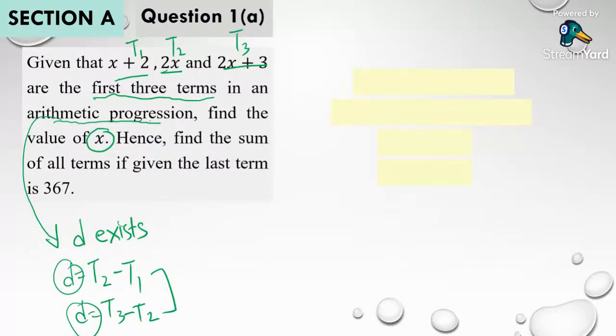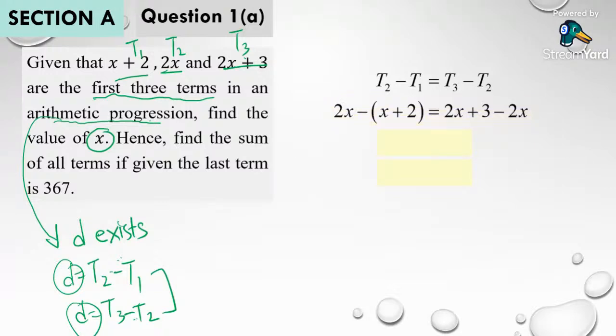So therefore, I will begin my calculation in the way that, in order to solve X inside T1, T2, T3, I make use of the idea that both of these subtractions have the same value, because both of them represent the common difference. Therefore, I have T2 minus T1 equals to T3 minus T2. You need to write this equation down as a reference, as proof that you understand that you try to use common difference to solve the questions. Substitute the T1, T2, T3 accordingly, left and right.